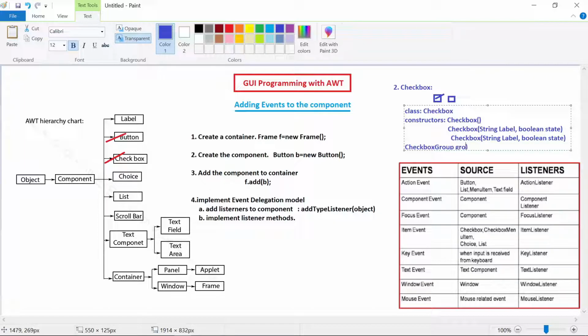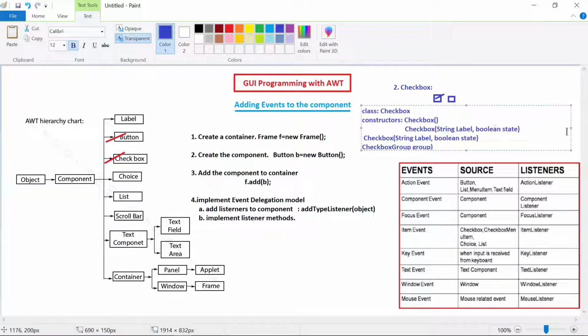This is the third way of creating the constructor, and the fourth way includes the same thing, but you can have the boolean state set for your checkbox group.